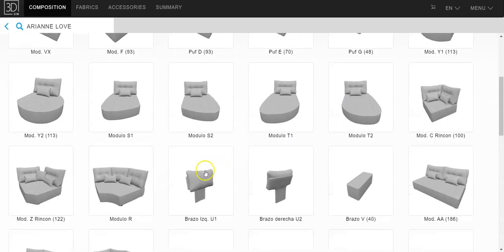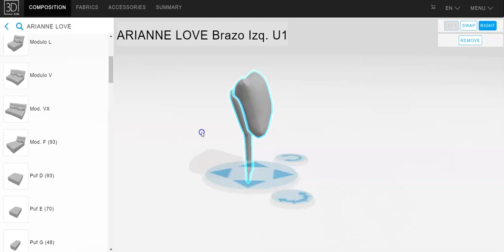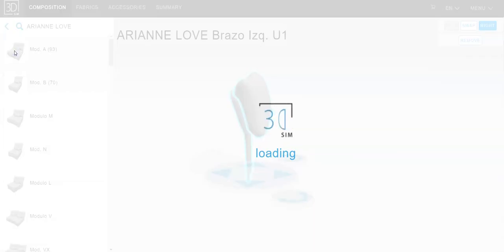Now, what I always find easiest to do is start on the left-hand side. So as you look at the unit, I'm going to start with this left-hand arm just here. And when you go into the next page, you can see that up here, highlighted at the top, it says right. That means that everything I add now will be added to the right-hand side of each piece. So I'm going to add module A. That's just a straight module, and then just keep clicking and you can add it up,